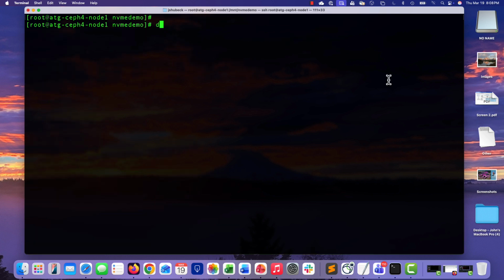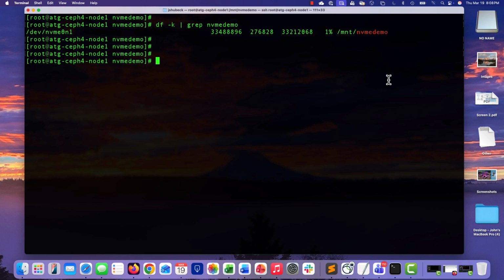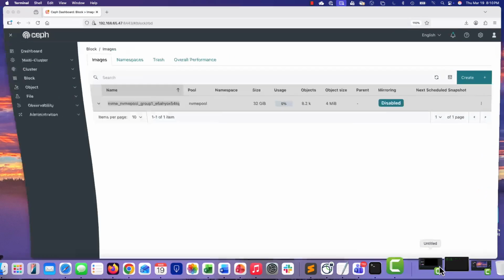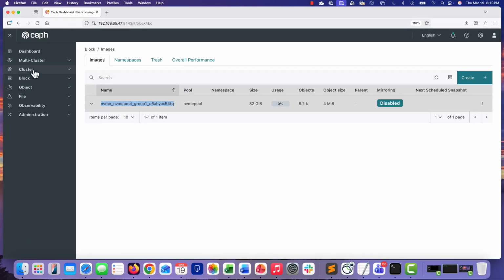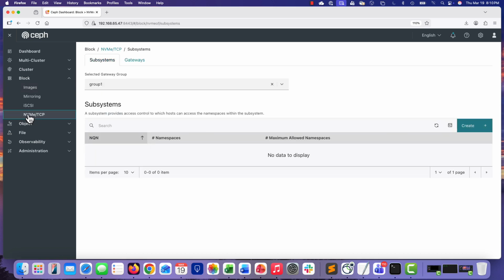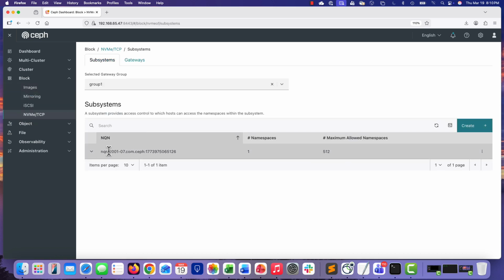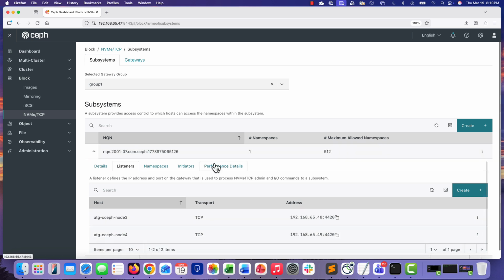Circling back one more time on our client, we can do a df to see that in fact we have started to consume capacity within our mount. You can take out a calculator and look at it for yourself against the 32 gigabyte volume on the NVMe service. Returning finally to our Ceph cluster, navigating down through the NVMe TCP property pages and expanding our subsystem group,